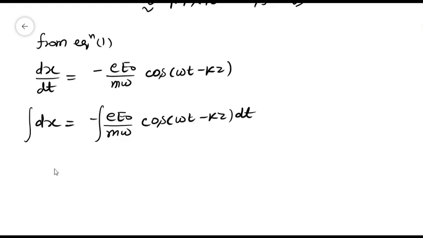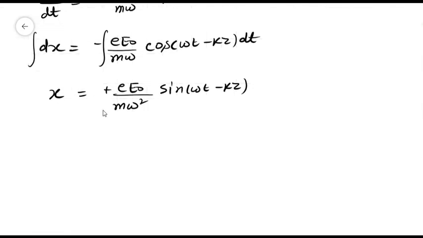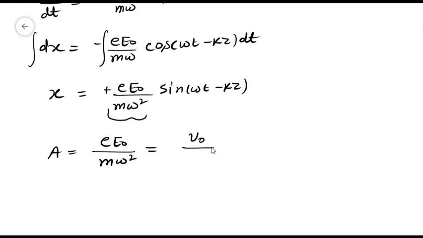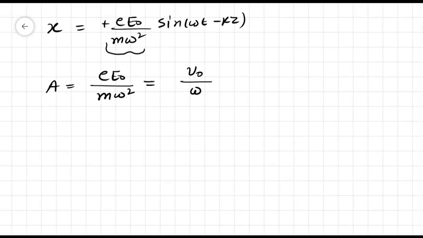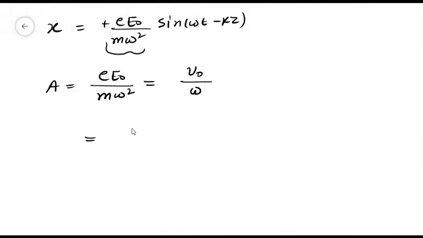Integrating on both sides, you get x equals plus e E naught divided by m omega squared sin(omega t minus kz). This term is the amplitude of the electron's displacement, so the amplitude will be equal to e E naught divided by m omega squared, and notice that it equals v naught divided by omega. So we have the expression for v naught. The value of v naught was found